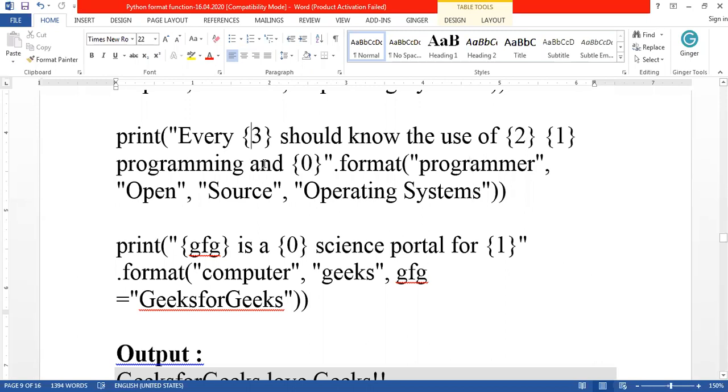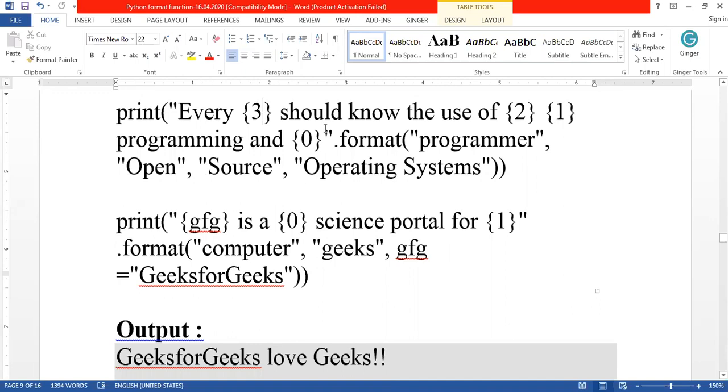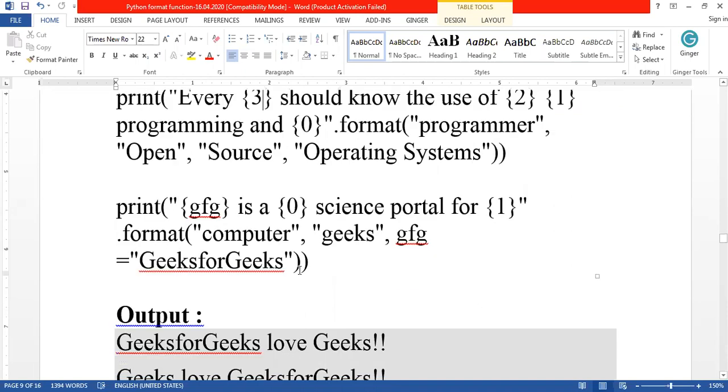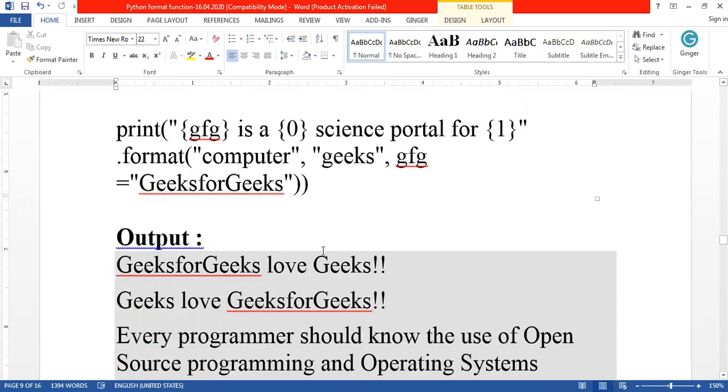So whatever index position you have given inside the placeholder, that index value is matched and replaced in this position. Okay, so this is the positional argument, positional argument with the format operator. Next one is the keyword argument. Normally you all know the dictionary part, right? How is a dictionary represented? Key-value pairs, key is equal to value. In the same way, inside this format, if you are using a key equal to some value, instead of giving just a value, then inside this placeholder, instead of the index number, you can use the key.